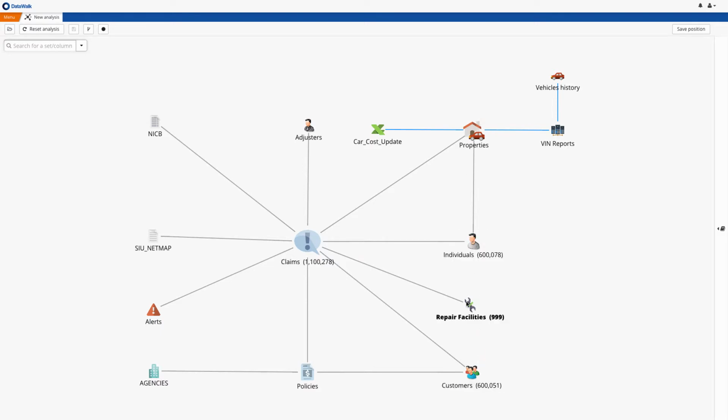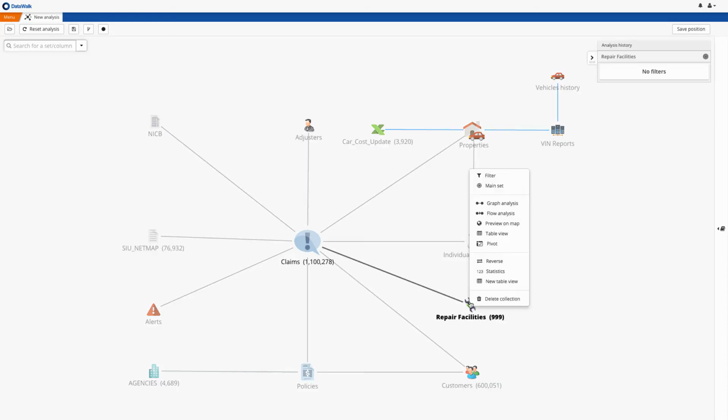We've also loaded data about car repair shops, adjusters, and agents, as well as data from NICB B4WARN and ISO NetMap. Finally, we have loaded a data set of car values such that we can extract the make, model, and year of a car from the VIN and use that to automatically estimate the value of any car involved in a claim. At any time, we can select a set as our viewpoint, see underlying data, and see connected data